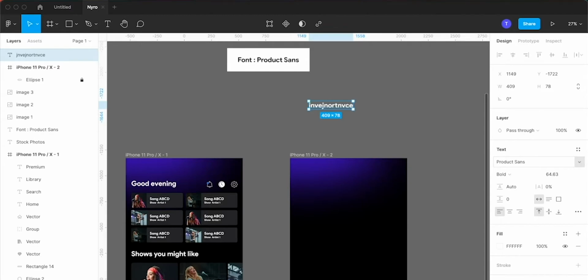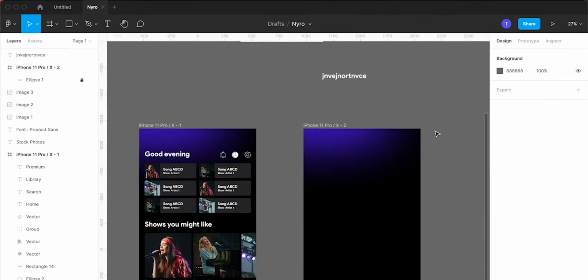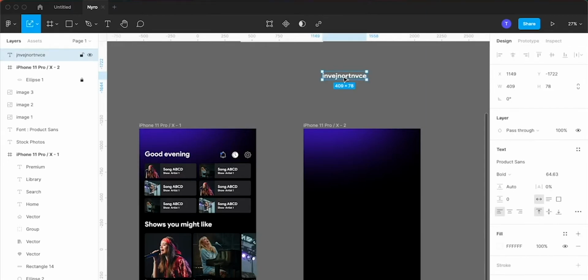Now let me change the weight of the font. For this tutorial, I need to go with the bold style, and then just press escape to come out from the text editing tool. If you hit K on the keyboard, then the scaling tool will be enabled and you will be able to change the size of the elements in a constant proportion, like this. Please note that when you use the V tool or the move tool for doing the same thing, it won't do the same because it will resize only the text box, not the actual fonts.